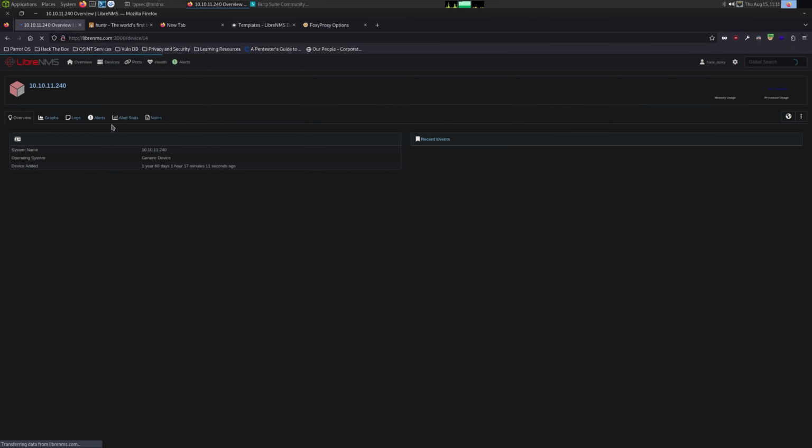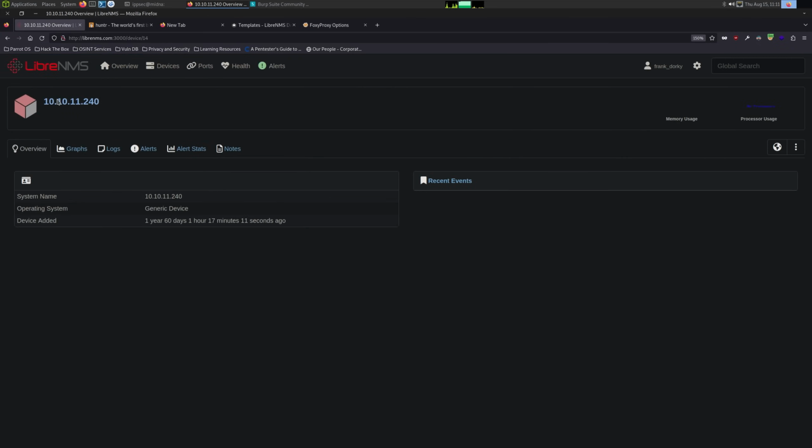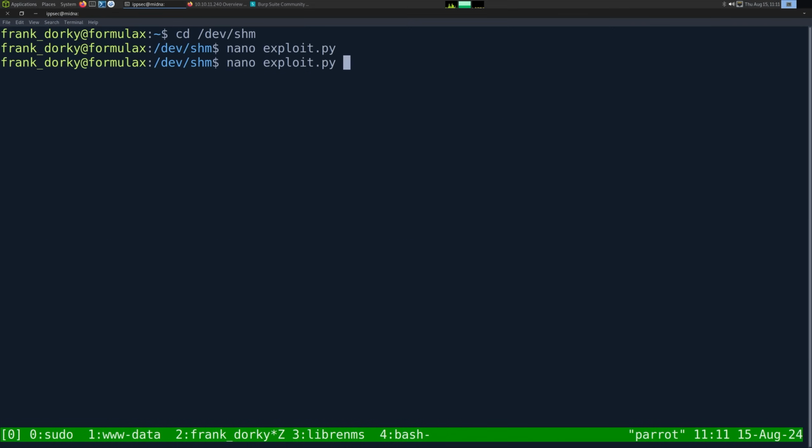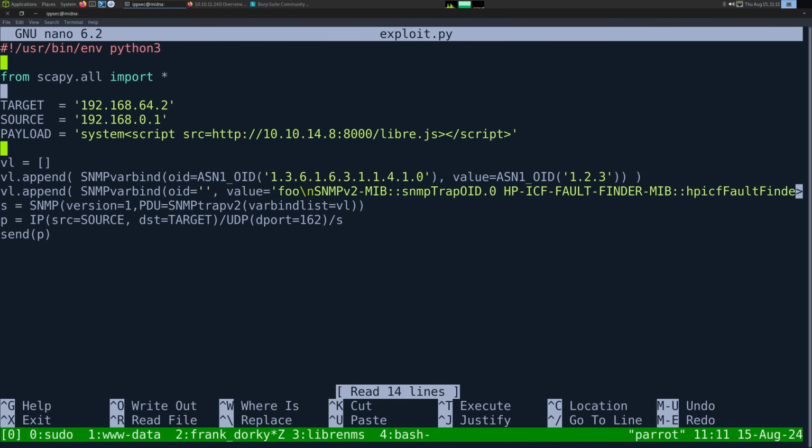So what we want to do is figure out a host. If I went over to maps, we can see 10.10.11.240 is a host that is configured in LibreNMS. So we can use that for an exploit. So I'm going to take the source. We can say